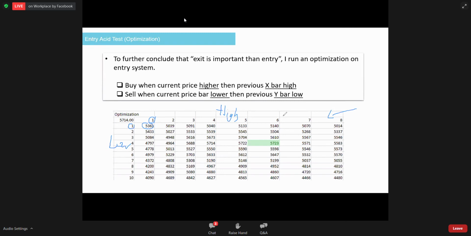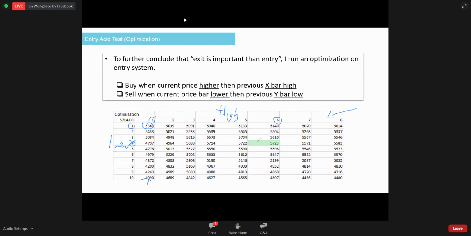The best result for the same set of data, the 4 years data, 15 minutes time frame, will be 6 bar high and 4 bar low. But that is not important. When reading the data, don't try to look at the maximum profitable combination. Look at the overall. You see it's all positive, it's all making money. The lowest could be this one, earning 4,000 points. The highest is earning 5,007 points. So you have a range of 4,000 to 5,007 points by changing the entry parameters. But that is not important. What's important is all entries make profit.